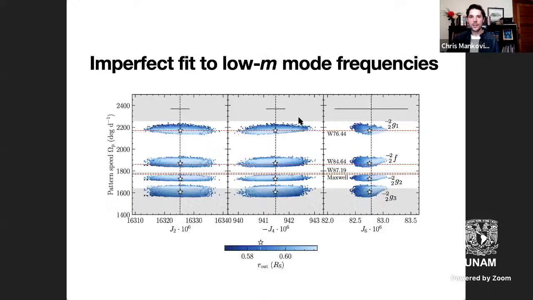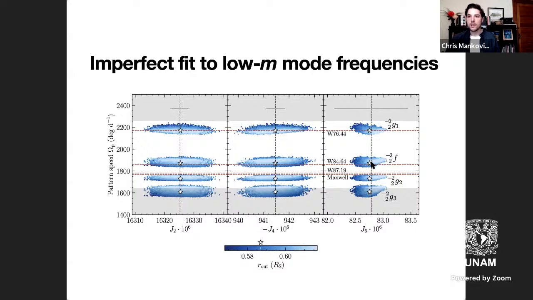I'll wrap up by presenting a lot of open questions. Our model for Saturn's deep interior doesn't perfectly fit the F mode frequencies, or sorry, these mixed mode frequencies at low m, which you might have noticed on a previous plot. These red lines here are really underpredicted by the model, which puts a cloud of resonances down here. And so this imperfect fit points to the fact that our model is probably incomplete.